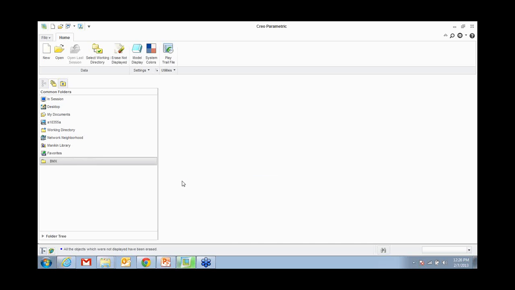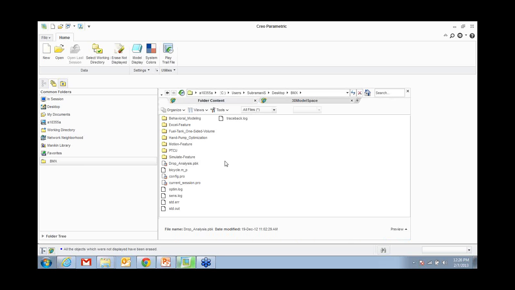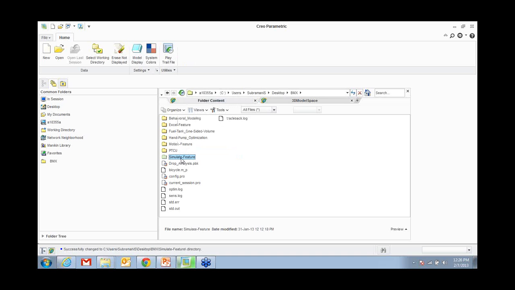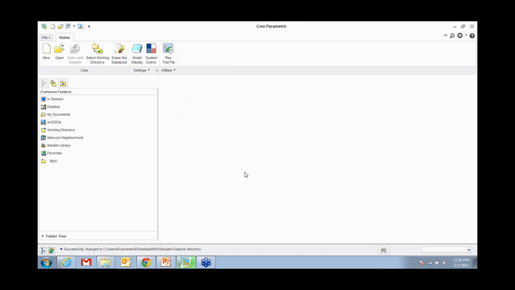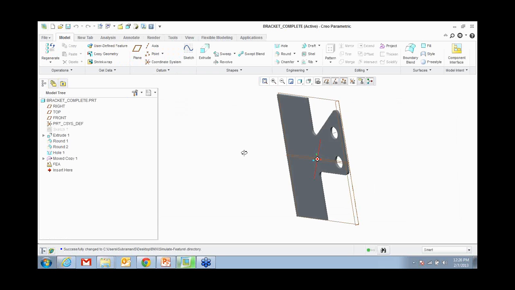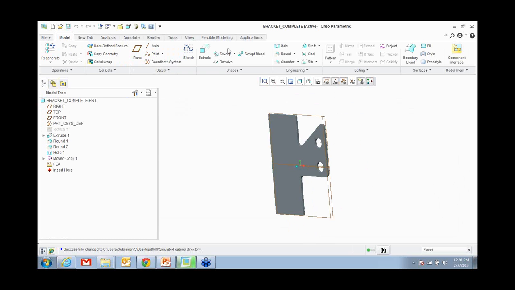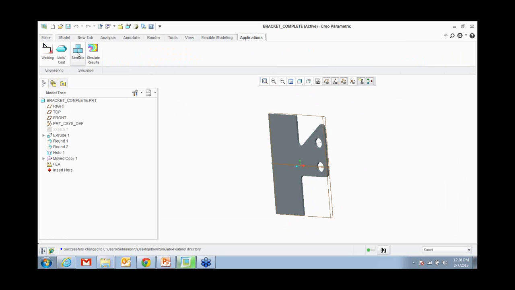All right. So the next thing that I want to talk to you about is the simulate feature. So a lot of people run finite element analysis, and I'm a designer. I don't know how to run finite element analysis. Somebody else has run this finite element analysis, and I want to make sure that when I make design changes, that I'm compatible with the allowed values. So here I'm just going to hop in real quick into Creo Simulate,